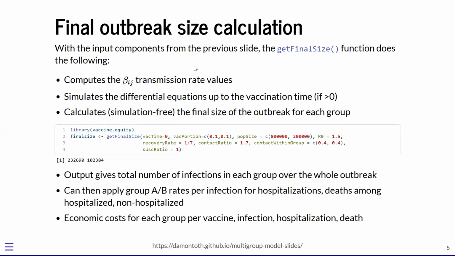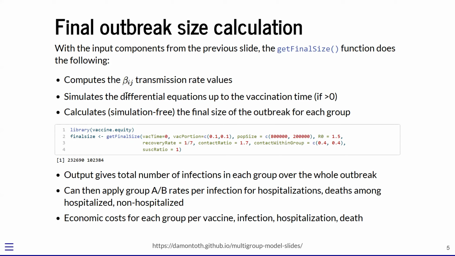So we have this packaged up into an R package, and we have this function that is used by the app, which is kind of the main engine of the calculation, called get final size. It calculates the final size of the outbreak in both groups after running the SIR model. Basically, it takes those inputs I showed on the last slide, and it computes the beta